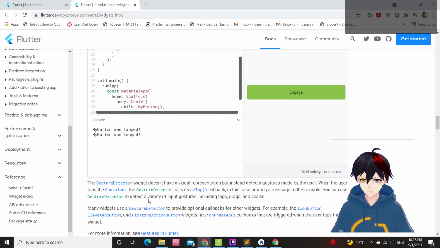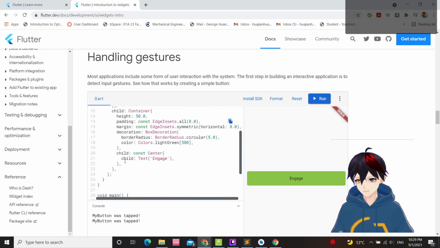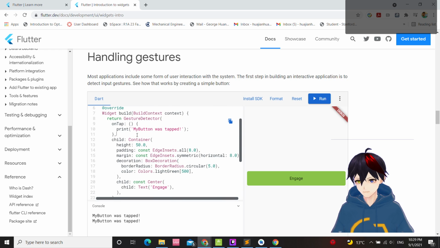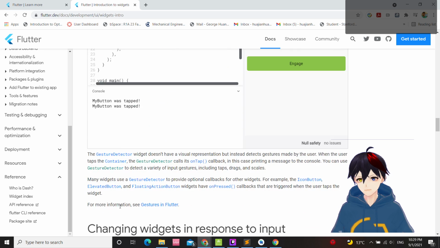When the user taps the container, the gesture detector calls the onTap callback. Interesting, they build onto a gesture detector. It's like combining a container and the onTap action. The onTap action callback.